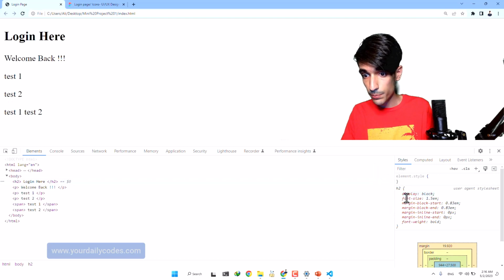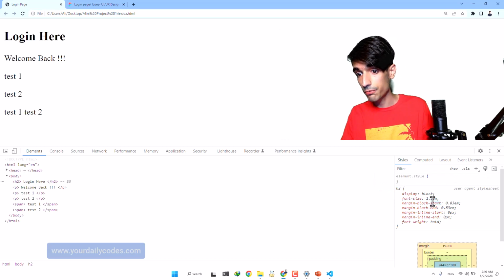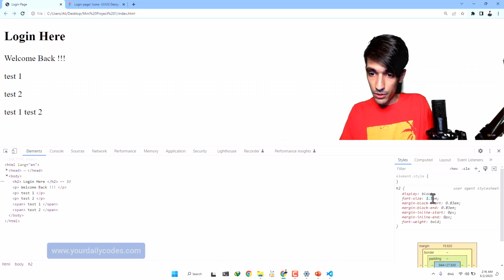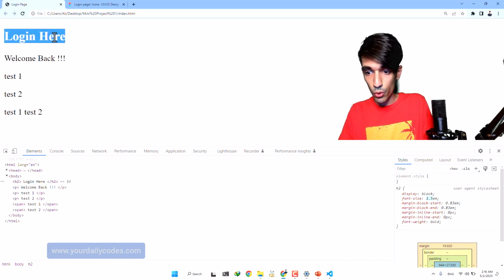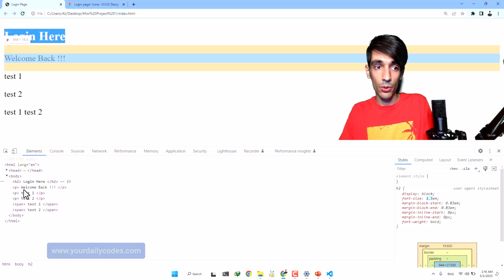As you can see, the display is block, and the font size is 1.5 em. Em is a different unit from pixel, but you don't need to be worried about em and pixel for now. We will cover different types of units in future, but you might guess what the 1.5 em looks like.